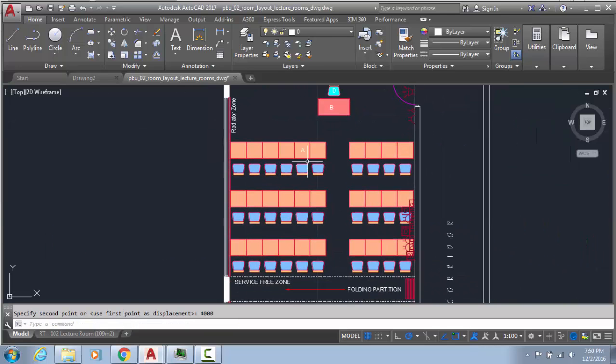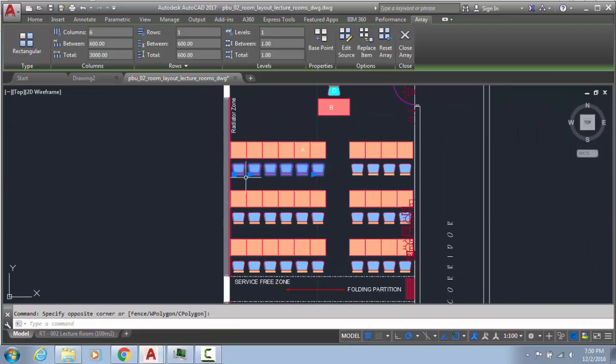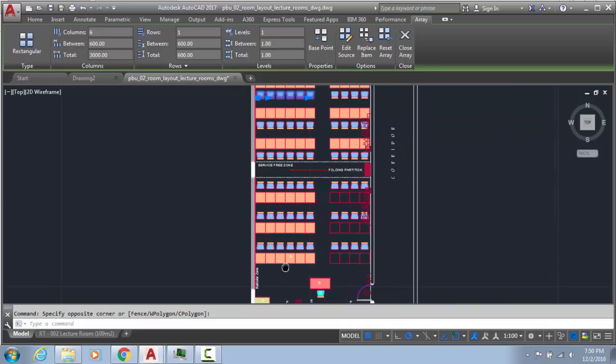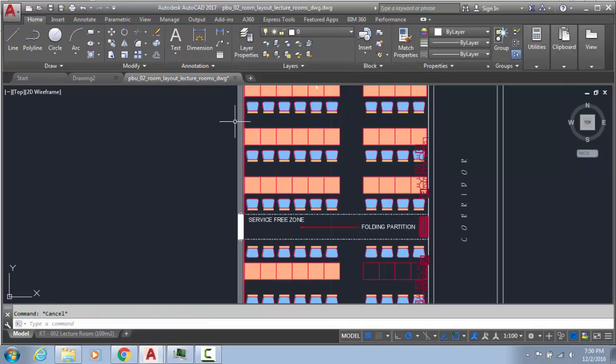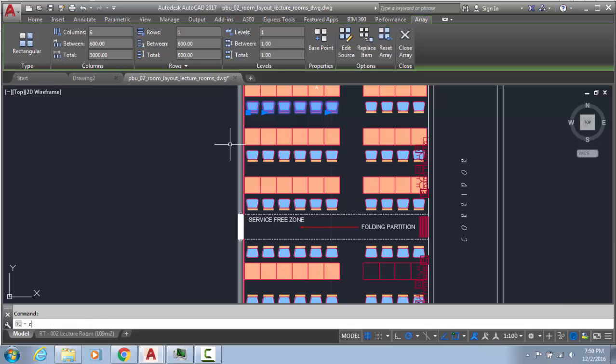Now I got it perfectly. Now what could we do? We change the array. While doing the array we changed the row, we made the column but made the row 0. We could make it here also if there is a definite pattern, but here there is not a definite distance. So what will we do? We will copy all this, enter,